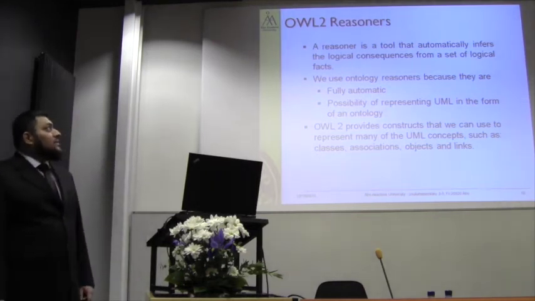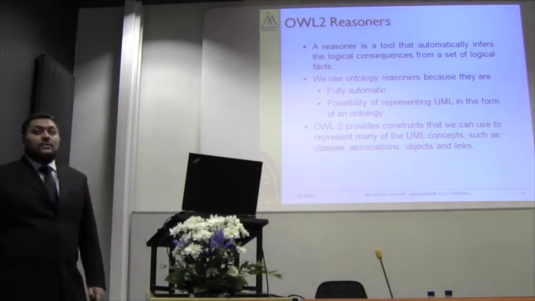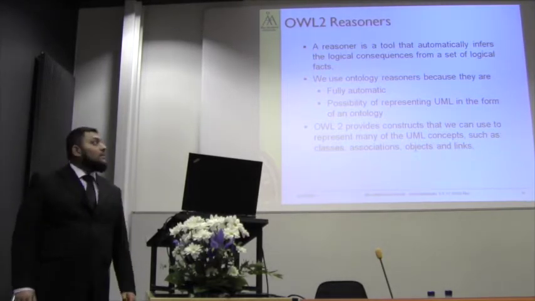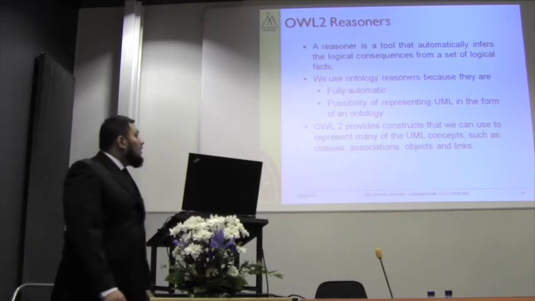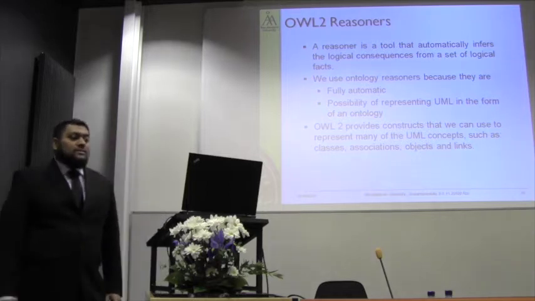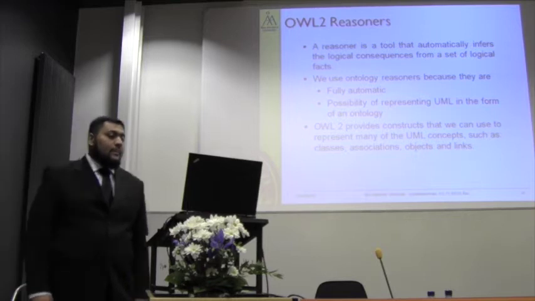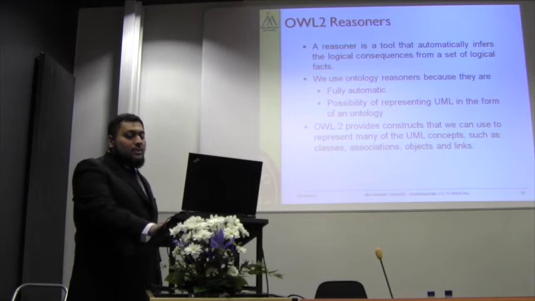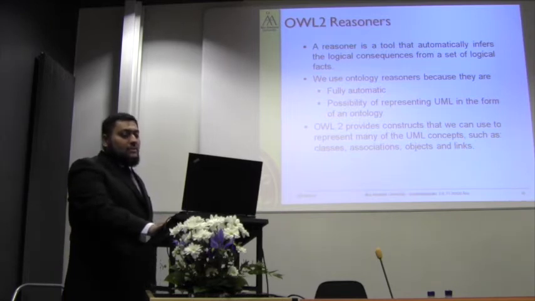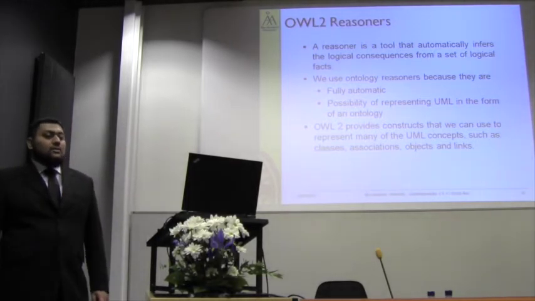The reasoner we are using for the validation of UML diagram is OWL reasoner. Reasoner is basically a tool that infers the logical consequences from a set of logical facts. We use ontology reasoner because it is fully automatic and there is a possibility to represent UML in OWL. OWL is a language for writing ontology, and we need to represent UML models as logical facts using the language understandable by the reasoner, so that we may be able to infer the logical consequences from these logical facts automatically